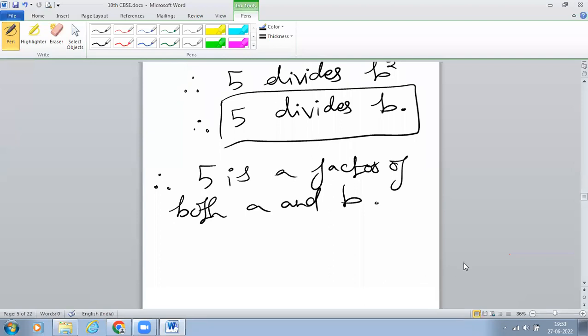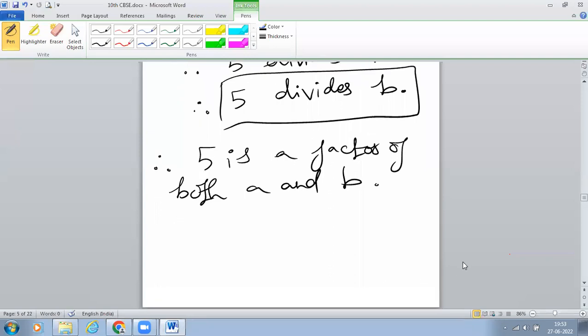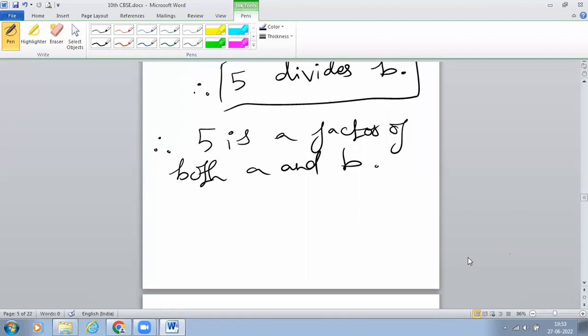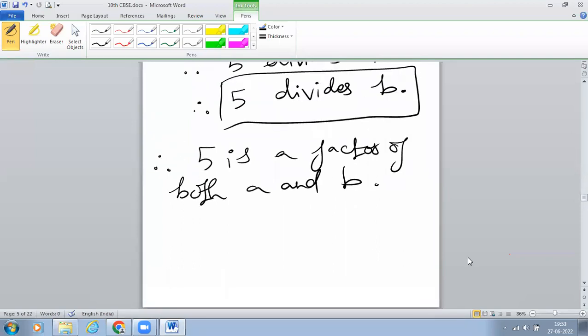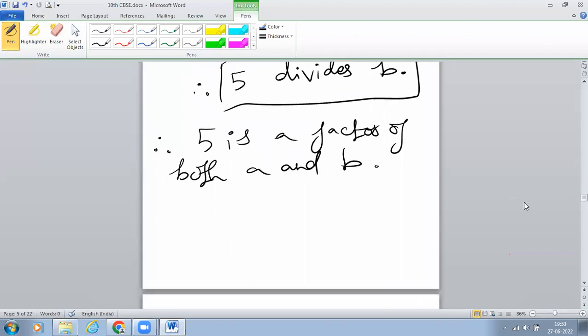But initially what we assumed is that a and b are co-prime integers. Yes or no? But if they are co-prime, they should not have any common factor except one. But here we are getting 5 as a common factor of both a and b. Therefore, this contradicts the fact that